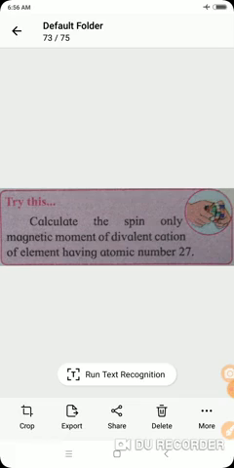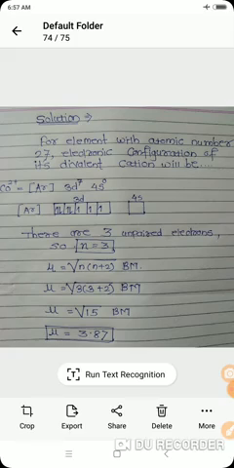Calculate the spin only magnetic moment of the divalent cation of the element having atomic number 27. We know that the element having atomic number 27 is cobalt, having symbol Co. Co is the symbol for cobalt. Now see the solution of this problem. For the element with atomic number 27, its electronic configuration as a divalent cation will be, as 2 electrons are less, Co2+ having outermost electronic configuration [Ar] in square bracket, Ar being argon having atomic number 18,